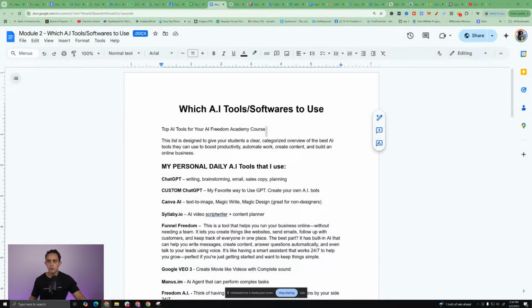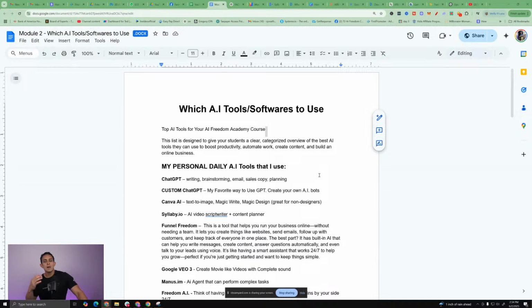Okay, so I'm gonna create this very simple, that way you can understand. But I'm also gonna show you a lot of the things that you can do with AI because there's so many tools out there, like literally hundreds and hundreds of AI tools. Okay, so I'm gonna go through these, and you'll see as I go through this list, and I'll have this document down below as well.